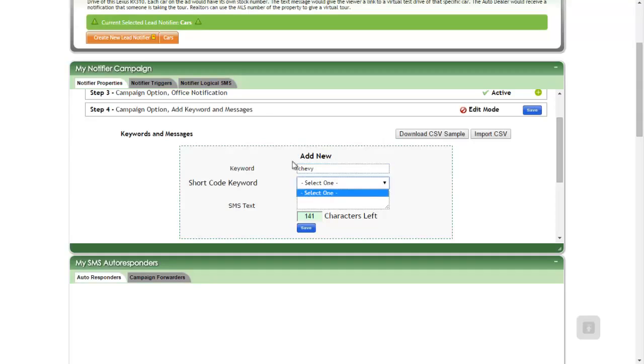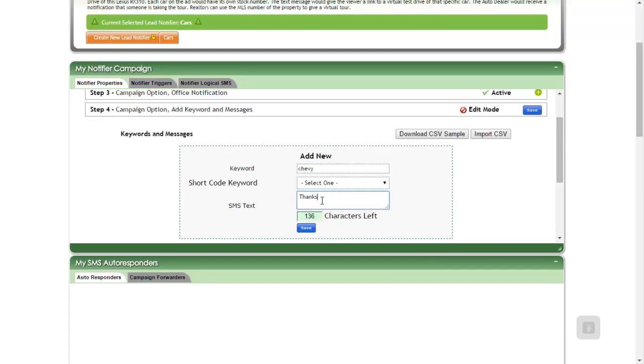And then if we have a short keyword, we're going to have to purchase some short code keywords from our credits, or add keyword credits to our account and then acquire the keywords that way. But I'm not going to enter that now. I'm going to enter our text. So when that customer texts in Chevy, and let's say that this keyword is placed on the sticker of the car,